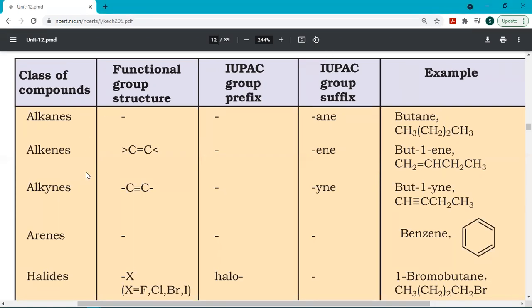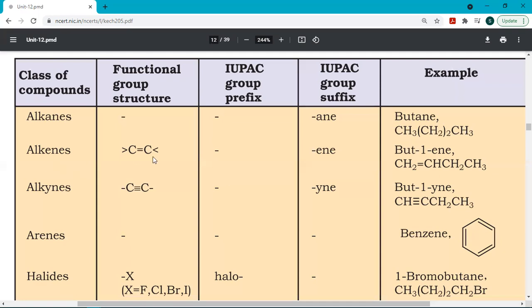We have done with alkanes and alkynes. हम ये कह चुके हैं. Whenever you see single bond, it means that is alkanes, and there we use a suffix, that is ane. So if you have single bond like this, for example, this is butane. 1 2 3 4 carbon are here. अब बच्चे बोलेंगे कि मैम ये तो हमें 3 दिख रहे हैं. देखो 2 is it? This is the whole 2. Whole 2 means this is the chain. So between these CH3 and CH3 we have 2 CH2. So total number of carbon are 4, which means butane.